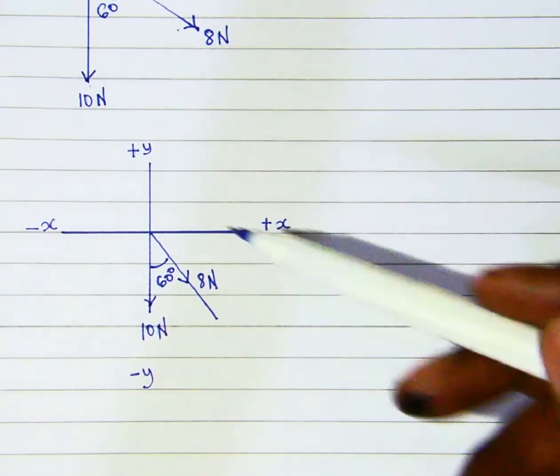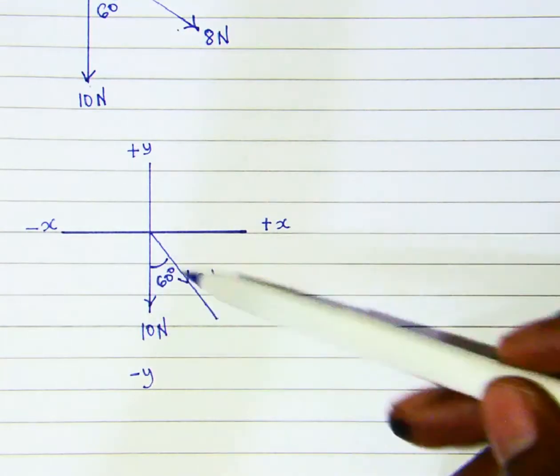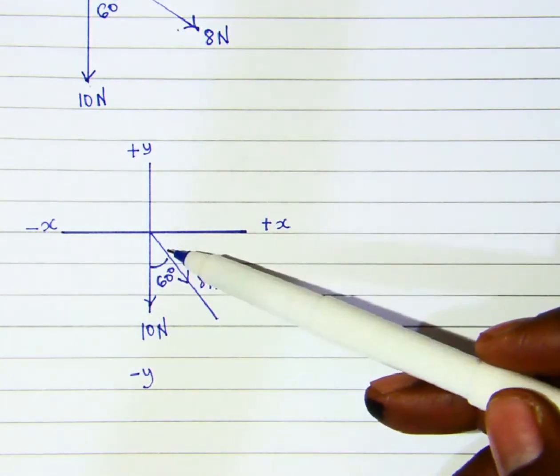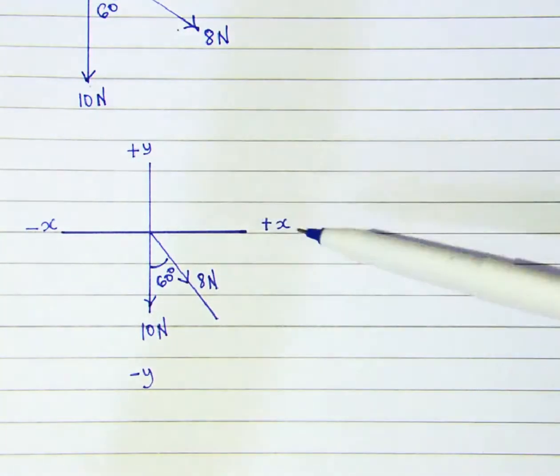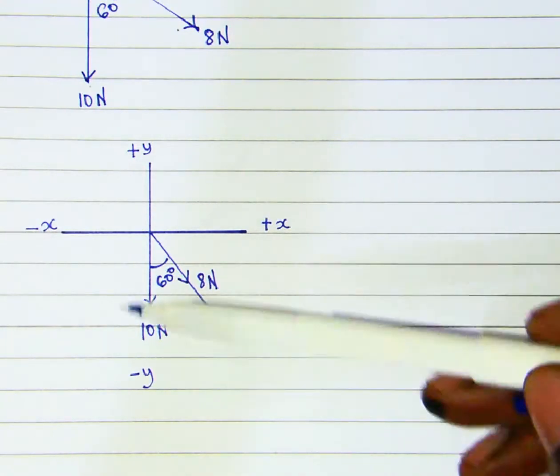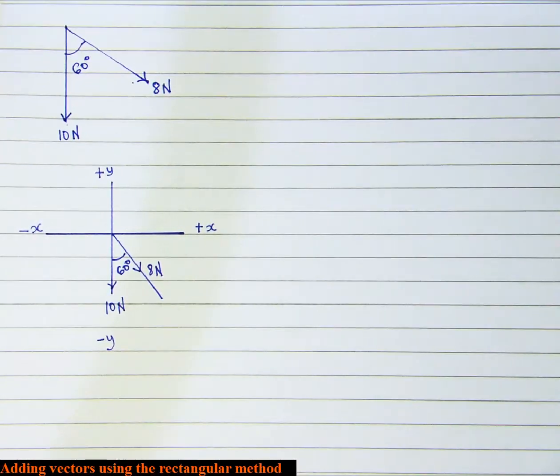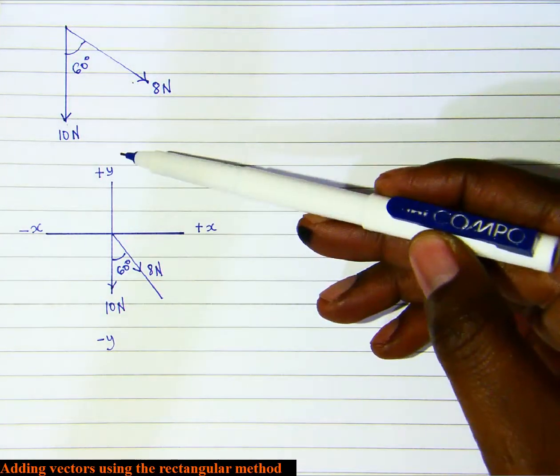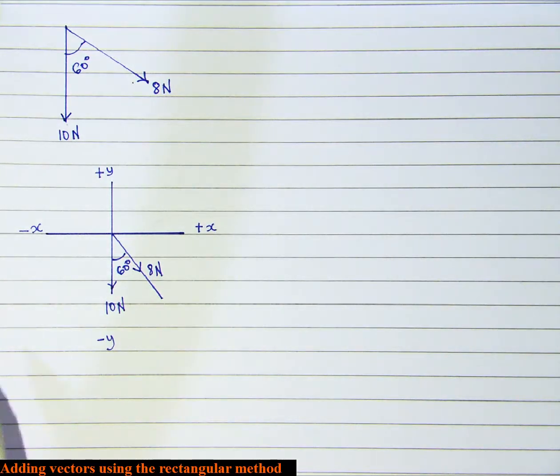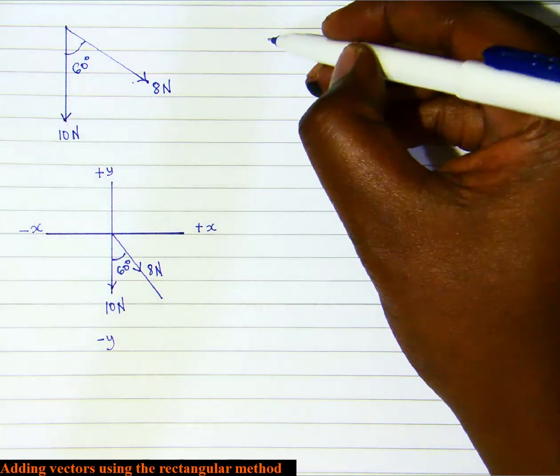So you have those two vectors now redrawn on the axis 60 degrees apart with a positive y, positive x, negative y, and negative x. You then split these two vectors into the y-axis and the x-axis. So looking first at the y component,